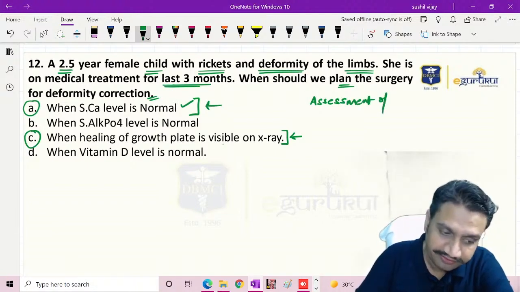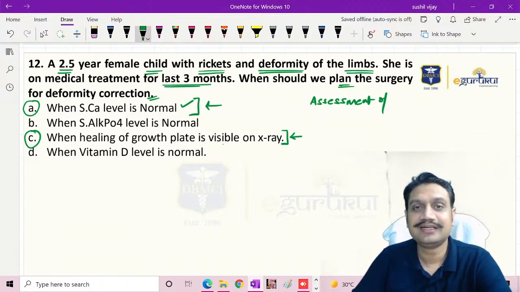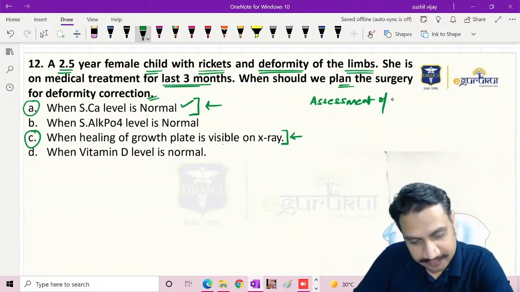So assessment of when ALP sub 0. Sir, can you please explain why not B, sir? So I'm coming on to that. I have not finished it. Have some patience. So assessment of